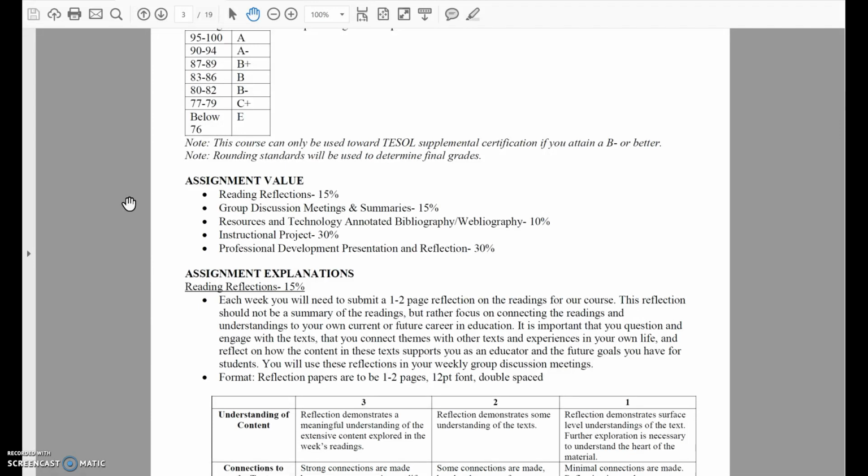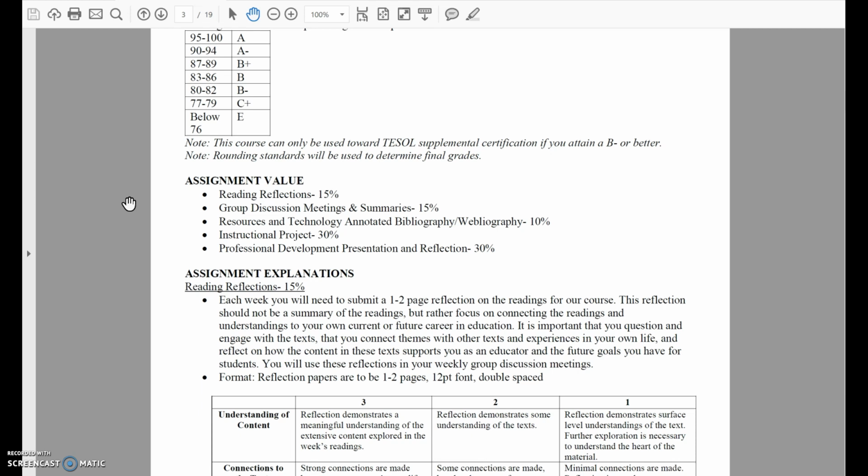Then we have our instructional project, which is throughout the semester, you'll create 3 lesson plans and an assessment on any topic. It's going to be content focused. You're still going to be teaching language skills. Remember, we never separate the two in TESOL. We're always teaching language skills through content material. But the content focus is because the assessment you create for the instructional project is going to assess if they learned the content material that you propose that they would learn in those 3 lessons. So you actually have to find a group of L's, teach them, create those learning opportunities, and assess them, and then create a reflection.